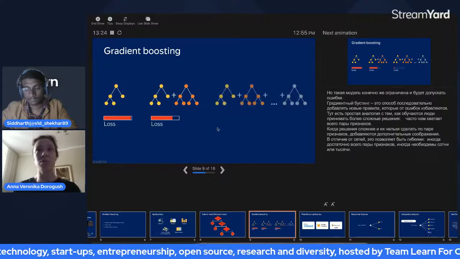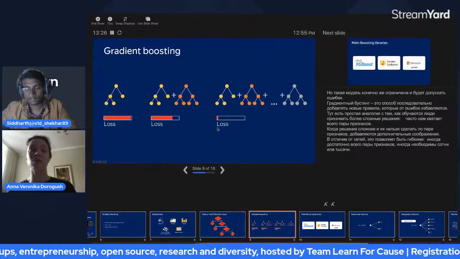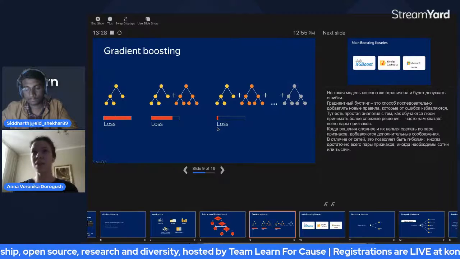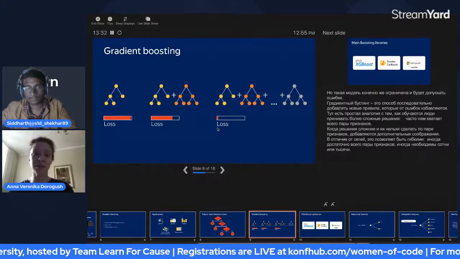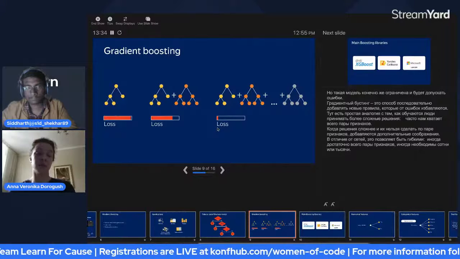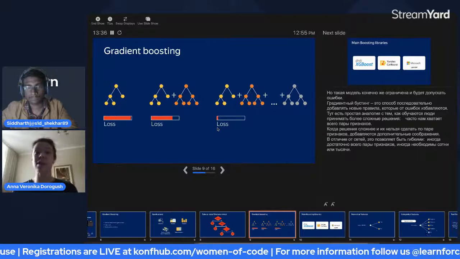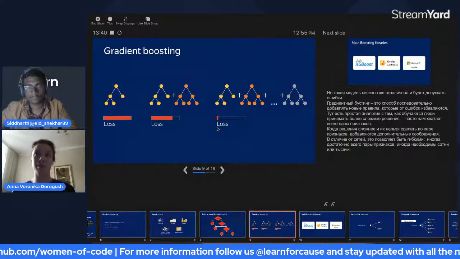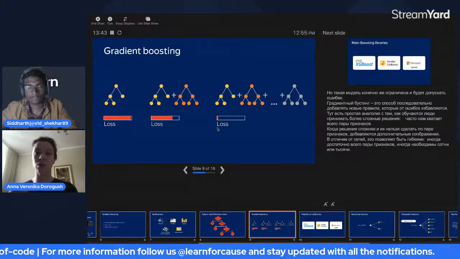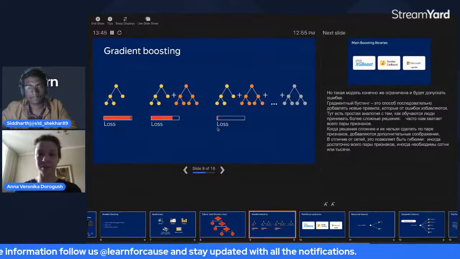And you do this normally for hundreds or thousands of times. You add new trees to the ensemble until your loss function is very small. And this big ensemble, this big sum of the trees, will be your resulting model.